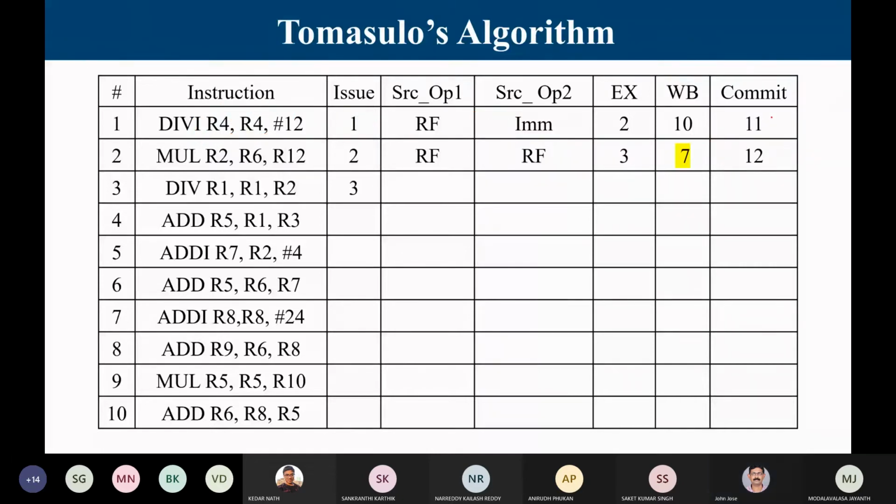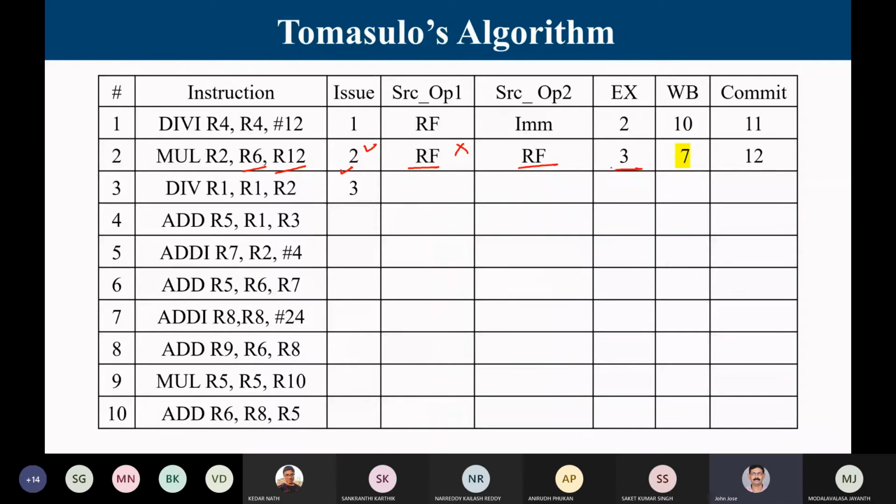Now see, for the multiplication instruction, your operands are R6 and R12. It is issuing in 2. I cannot issue more than 1 in a cycle, so issue bandwidth is 2. Both the operands are available in the register file. Now when will I start execution? I will start execution at 3 because I issue at 2. Issue plus 1 is the earliest I can do. But if operands are not available, let us say R6 and R12 are not available, I have to wait. I cannot start execution. Even though I issued, I'm waiting in the reservation station.